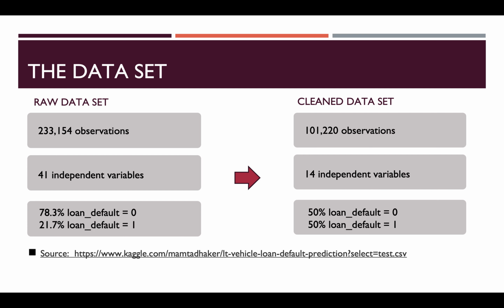We ran 3 models with the original 233,154 observations and 14 inputs, and noticed severe underperformance in ever predicting when the target variable equaled 1. So we circled back to cleaning the dataset and utilized balancing techniques to get an even 50-50 split between classes. We'll go into more detail about the 14 variables and the balancing techniques in the following 2 slides.